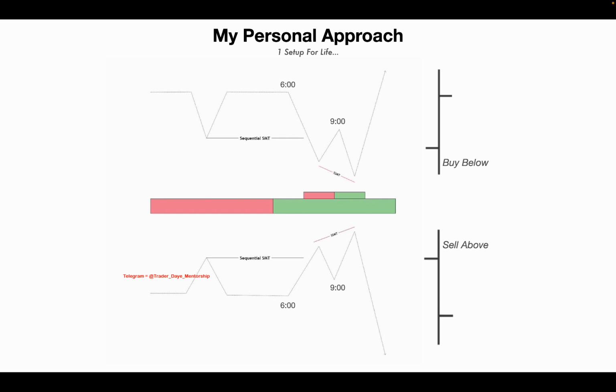So, utilizing the 4-hour TPD combined with the 1-hour TPD, it gives you a nice little model that rarely fails if you use it correctly. So, utilizing the 6 o'clock opening price and the 9 o'clock opening price, you can find very high probability setups